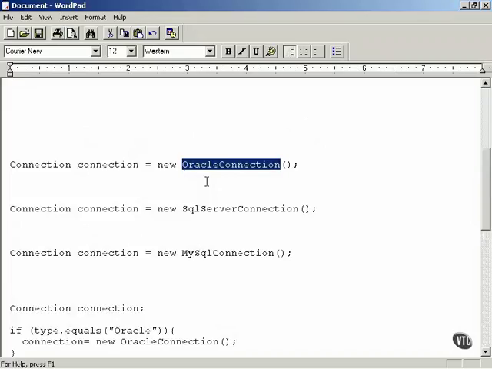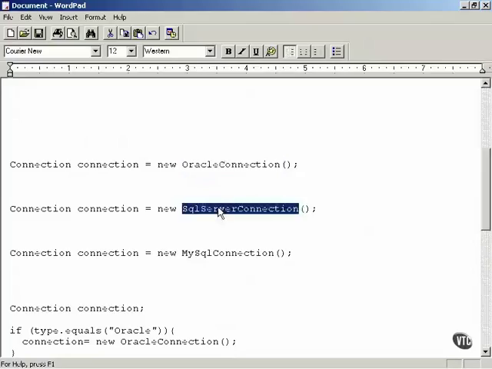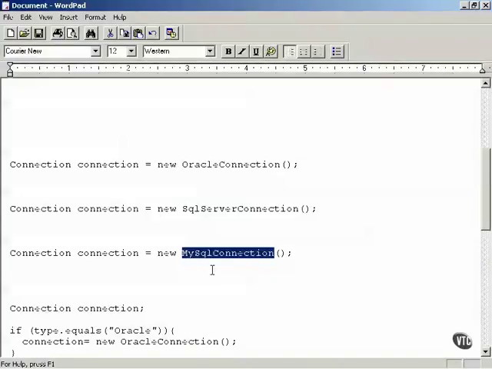Then some of your data turns out to be served on a SQL server, and so instead of Oracle, you have a SQL server connection object you also need to deal with. So in your code, you might have to start using SQL server connection objects like this, as you see here, and then you can create connection objects that way. And then it turns out some of your data is also saved in MySQL server connections. And so you've got to start creating, in some places in your code, MySQL server connection objects like this,